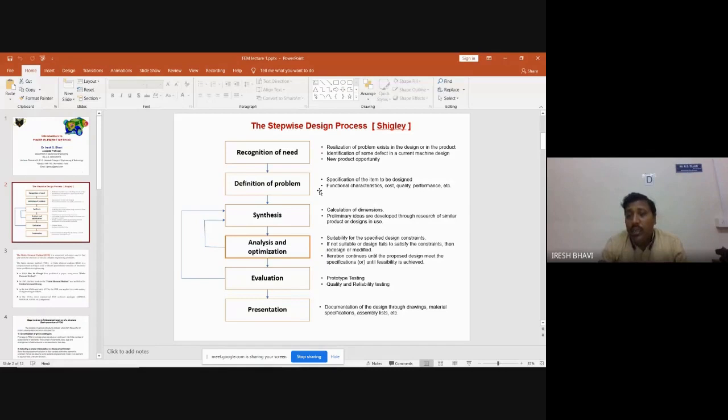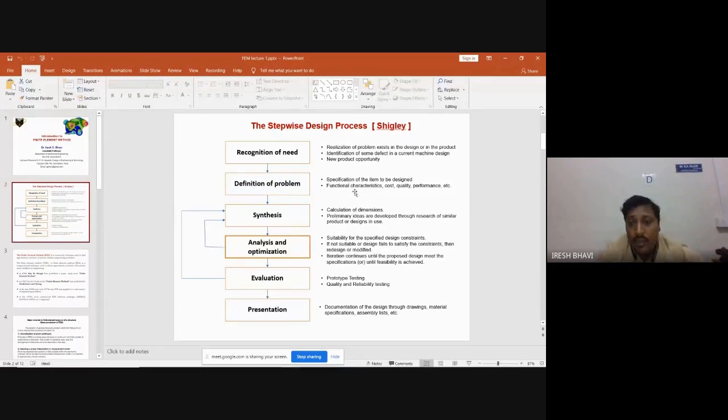I want a device which can write very thin lines on the paper, and I want a device whose ink is waterproof, and I want a device which is easily flowing, means while writing it should not get stuck. These are the definition of the problem, and all these things will be done in